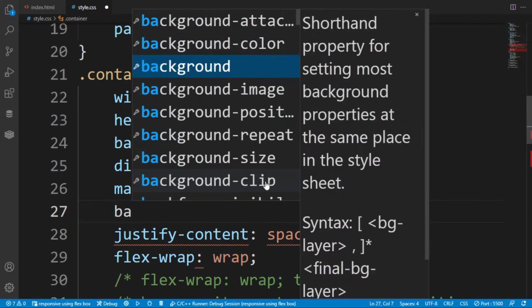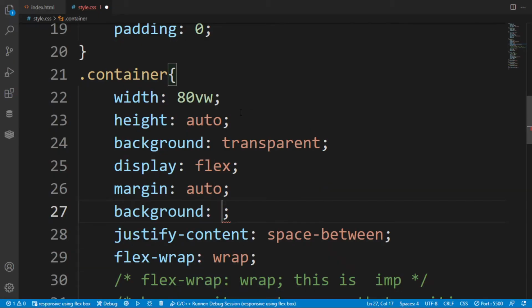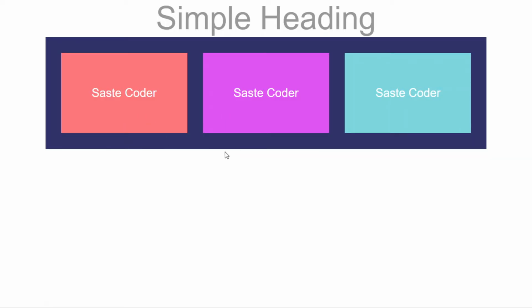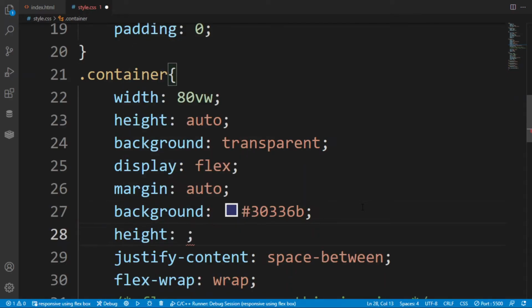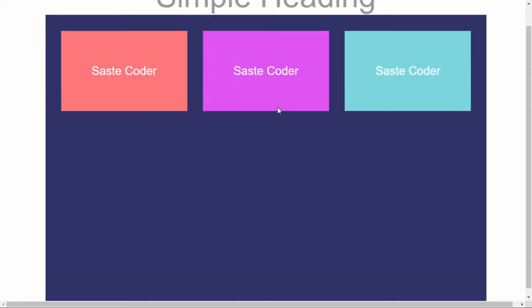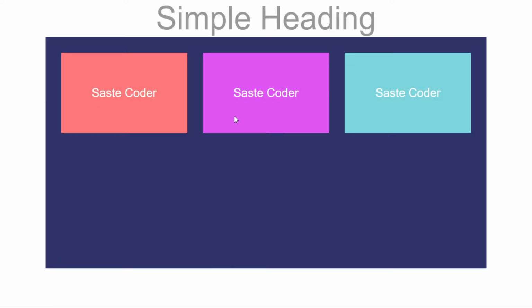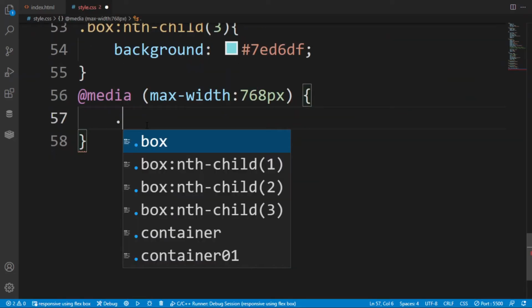Initially I am putting the background so that you will be able to see why I am doing this to be responsive. So after copying it, as you can see, the width of the container is that of the parent. Here I am putting the height 90vh so that it overrides the property of the earlier one, which is auto. Here I am decreasing its value to 70vh. After saving it, as you can see the preview. Now here in this dot container,